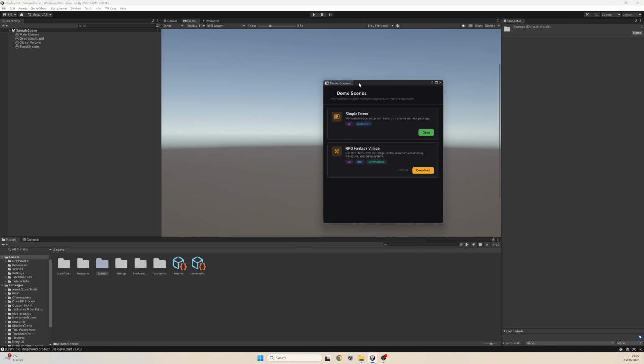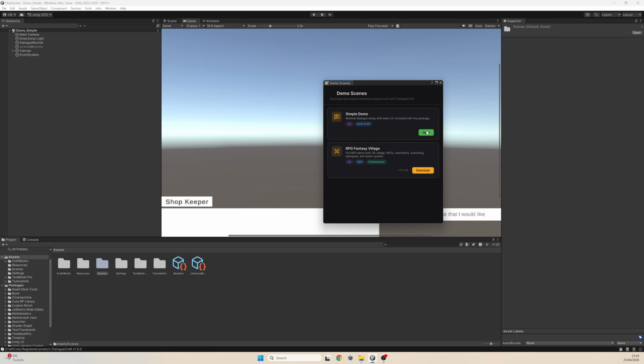Under DialogueCraft, you have the editor, but you also have the demo scene window. What is the demo scene window? It is a separate demo that you can download into your Unity project. There is the RPG Fantasy Village that you can download, but it is not bundled in the DialogueCraft package because it is a bit too large, 700 megabytes. So I decided to put it apart, but you can still download it from here. You just have to click it. It is 100% free and it will download this sub package into your project, or you can simply open the simple demo,